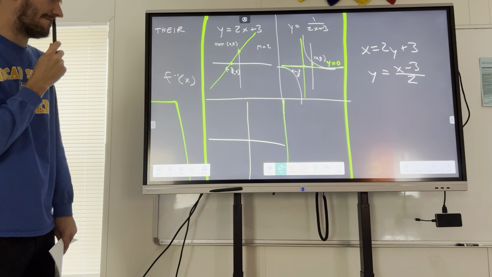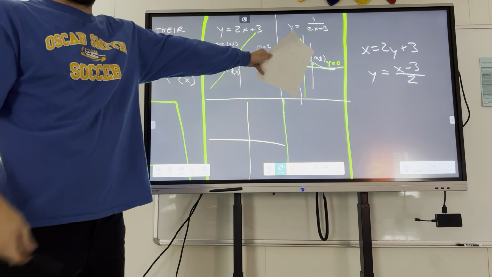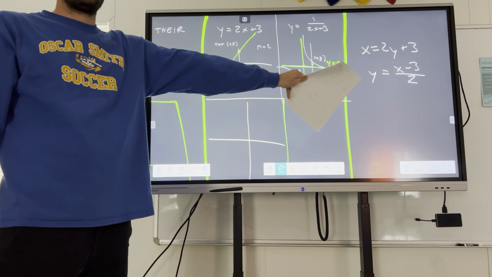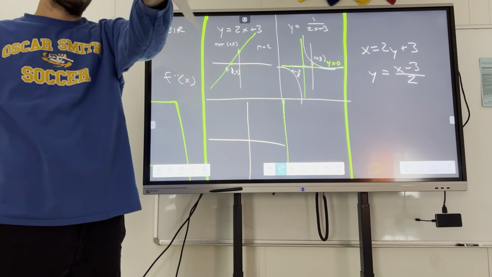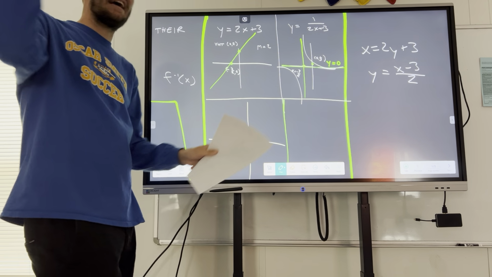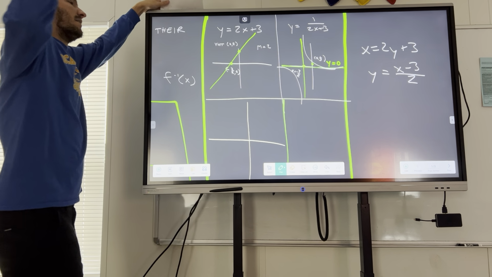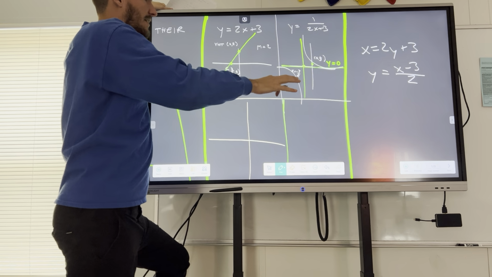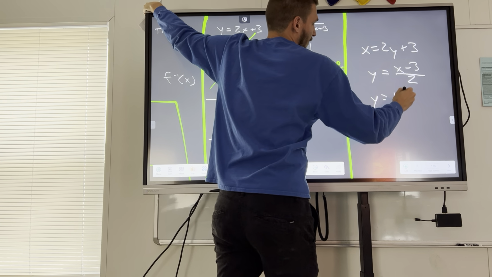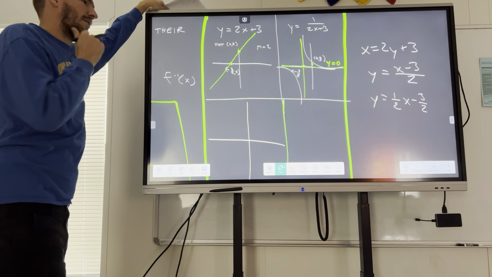Let's graph that function. Is that linear or reciprocal? This. What do you say? It's actually linear because there's no x's on the bottom, right? The x's on the bottom is what scares us. We don't have any x's on the bottom. So this is also written as y equals 1/2 x minus 3/2 if you're addicted to the slope-intercept form and